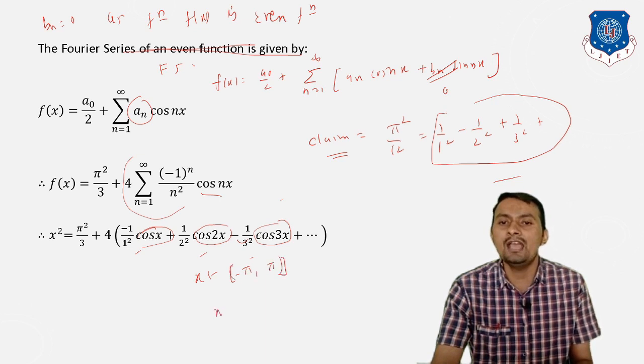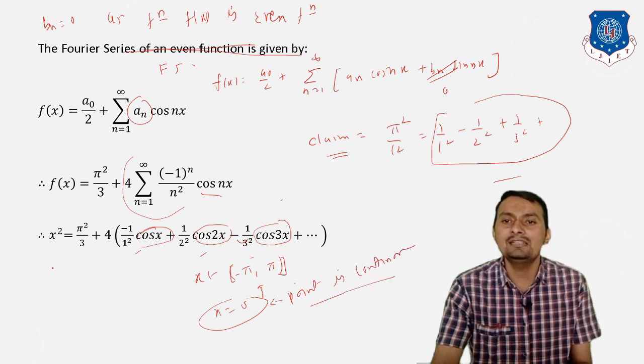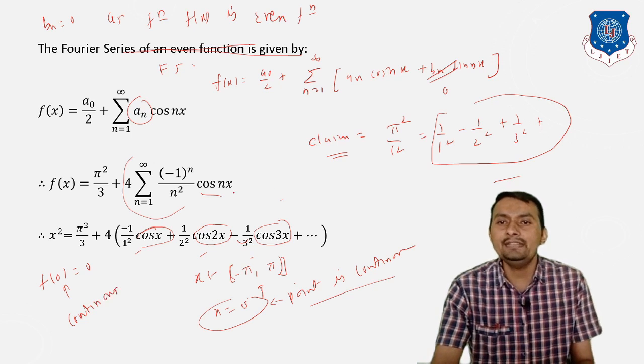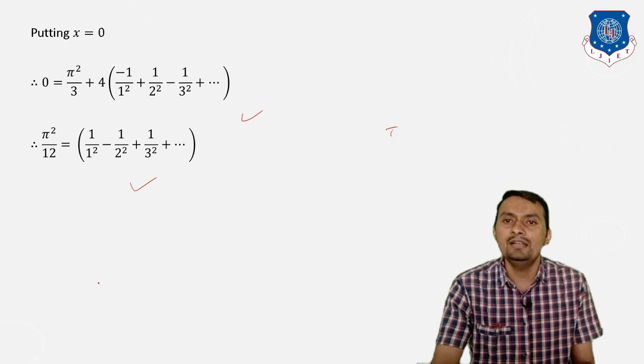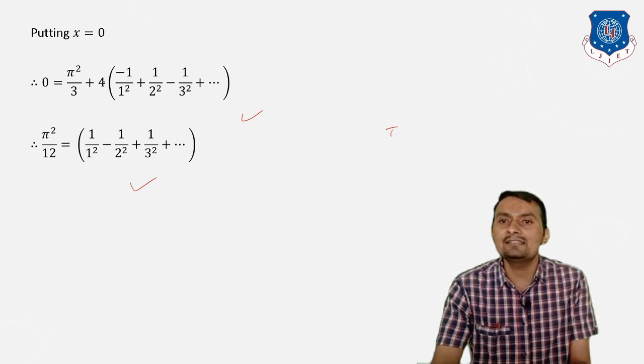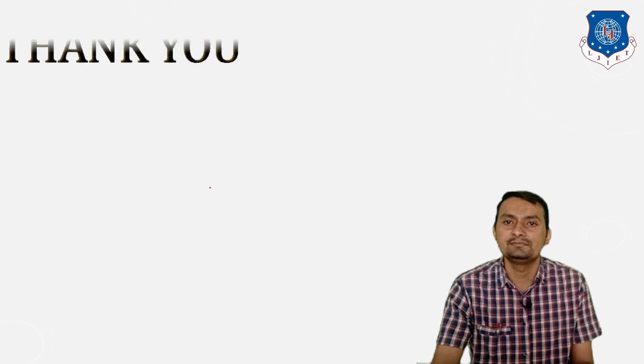And for that purpose we have to assume that x is equal to 0, which belongs to this interval, and this point is exactly a continuous point, and therefore we can say that cos 0 is 1, but here f of 0 will be 0 because this point is continuous. If the point is not continuous, in that case we have to consider the left limit as well as the right limit, and then we will take its average. But whenever we simplify, I have to take this value on the left hand side, and when we simplify, we will get this, and this is our final deduction.